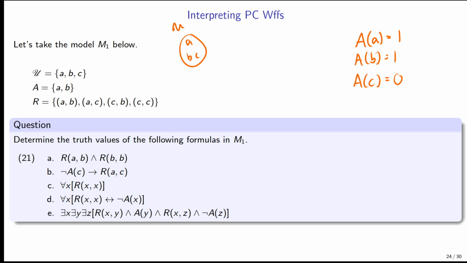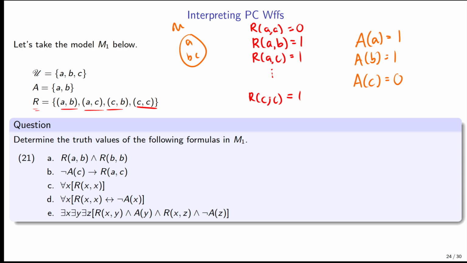When we think about this R, this has pairs. This is another relation, but this is a transitive relation. So basically this says that RAB is true because AB is in R. This also says then that R of AA is false because AA is not in R. And R of AC is true because AC is in R, and so on until we get to RCC, which is the final one, and that's also true because it's here. So these are just relations and sets